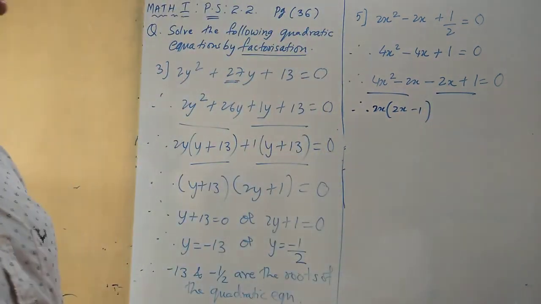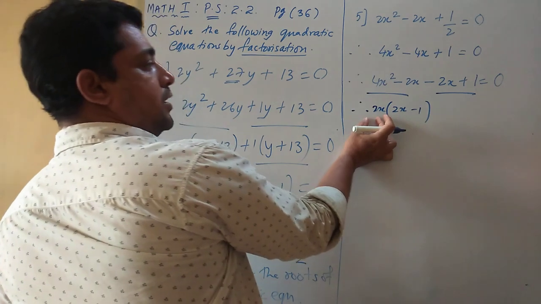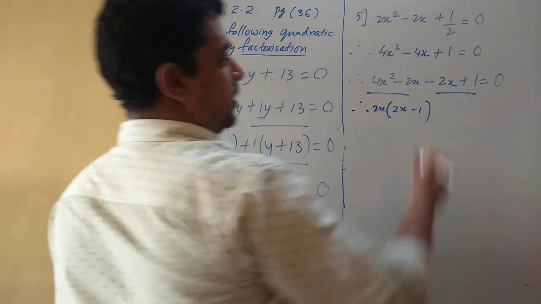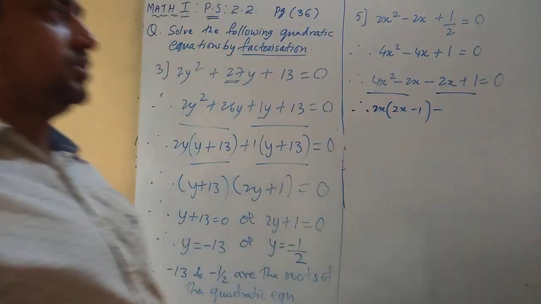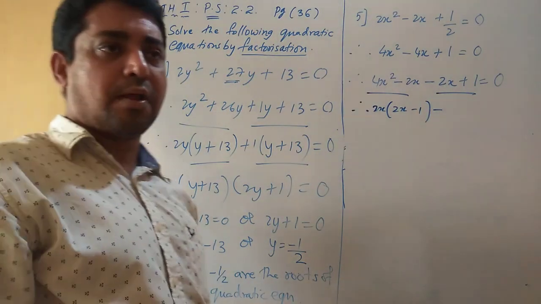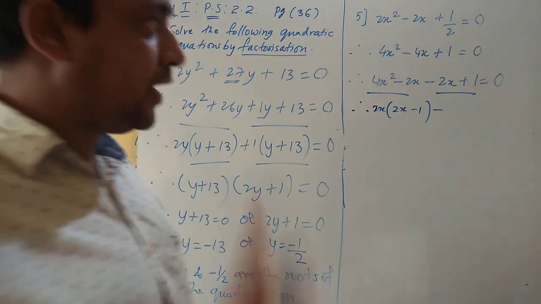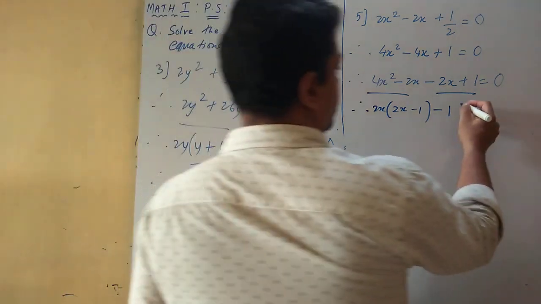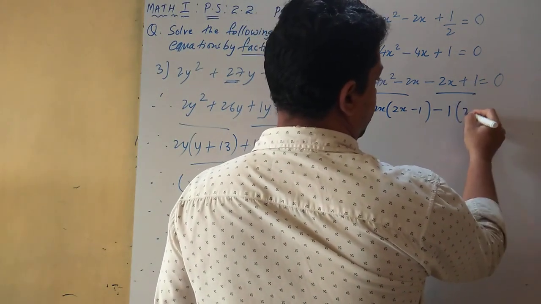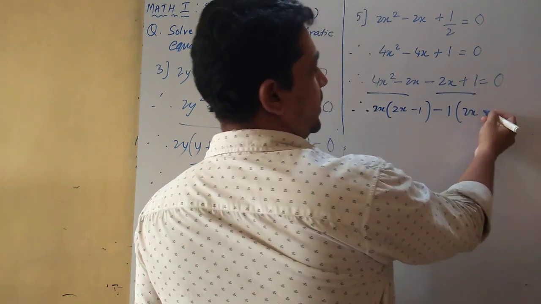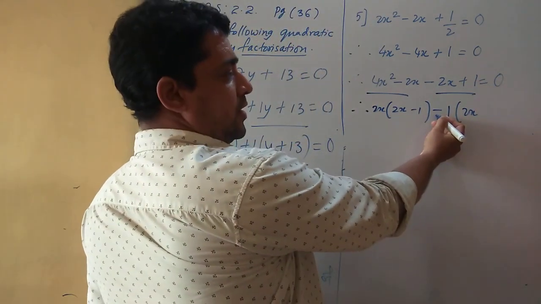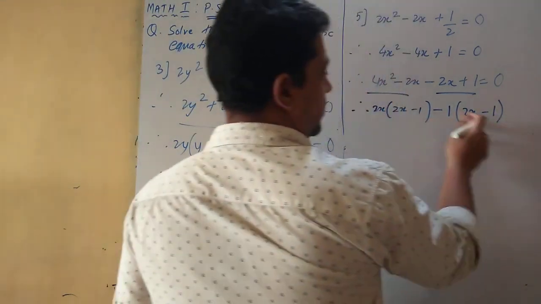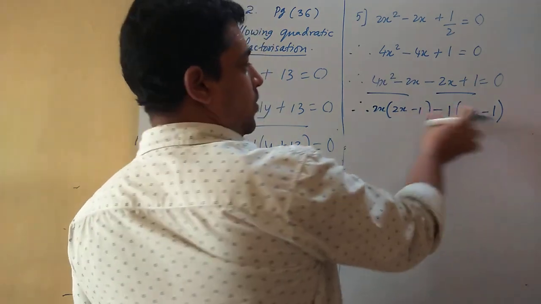Why? Because I have taken 2x common. Remember that. The complete term I have taken common, so only 1 will be. And here as it is, you can see no common factor, not the number, nor the variable. So I will take only 1 as common. And I will write the numbers inside the bracket. 2x plus will become minus. I told whenever you have a negative number here, the sign will change inside the bracket, so it will be minus 1. And check both the common factors, both the polynomials are same now.